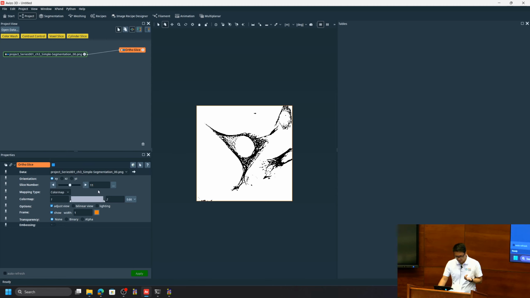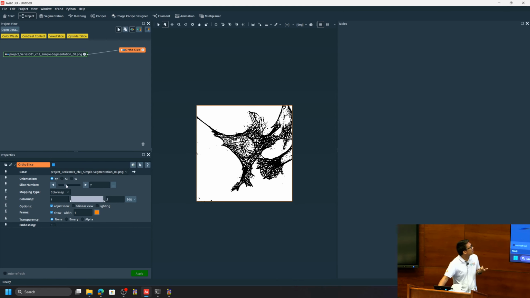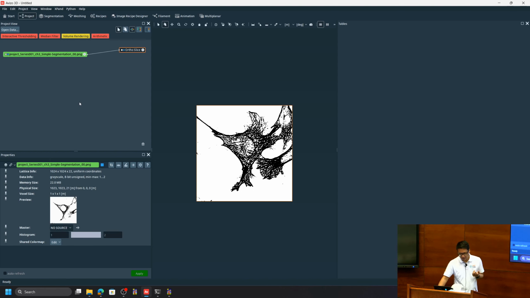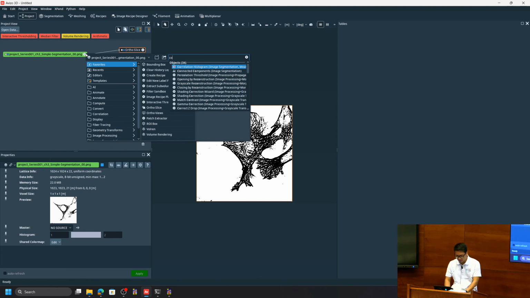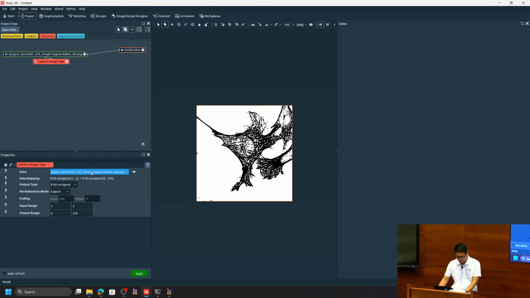Yeah, so the first thing you'll notice when you look at the data is that it's just black and white stuff. That's because if you look at the loaded data object, it treats the data as an 8-bit unsigned grayscale data. So first we'll have to convert it. So convert image type to a label field, which is a segmentation data. And